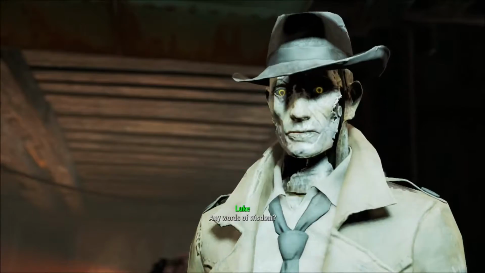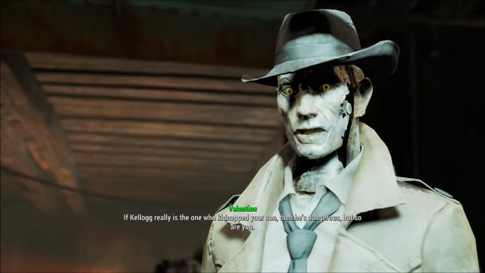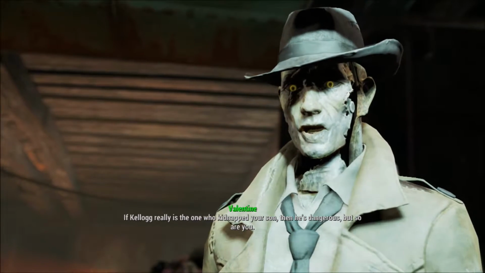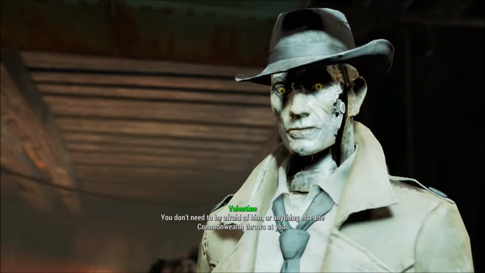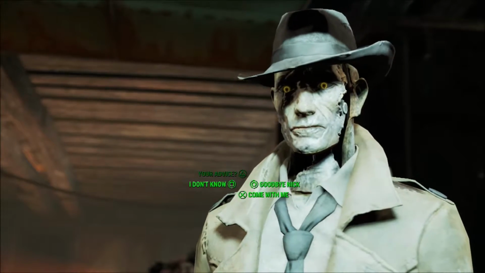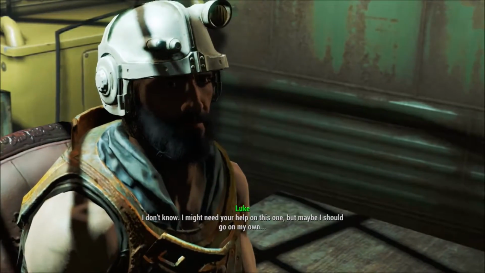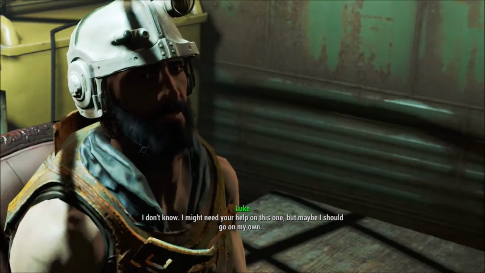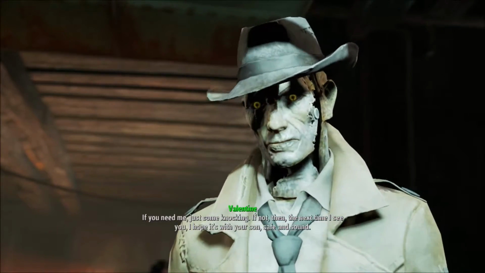Any words of wisdom? Kellogg really is the one who kidnapped your son. Then he's dangerous. But so are you. You don't need to be afraid of him or anything else the Commonwealth throws at you. I don't know. I might need your help on this one, but maybe I should go on my own. If you need me, just come knocking. If not...